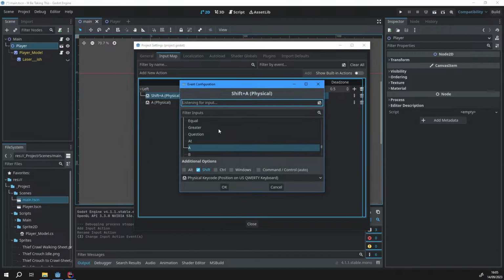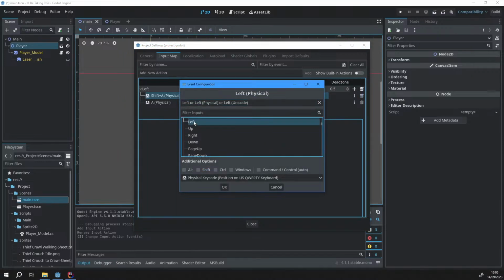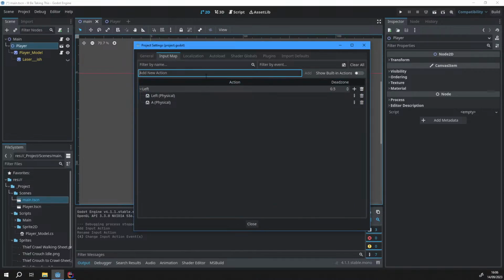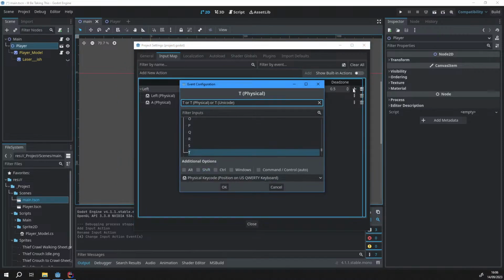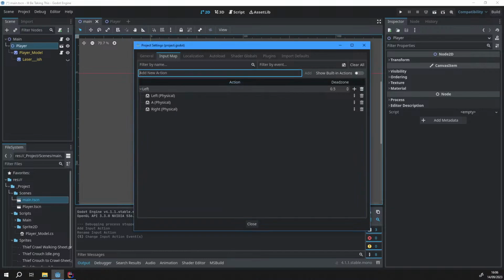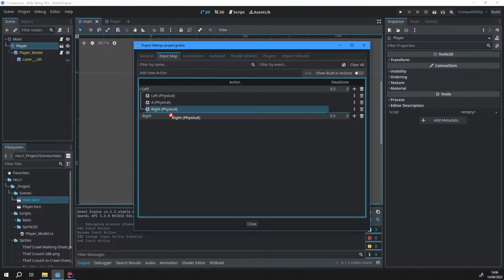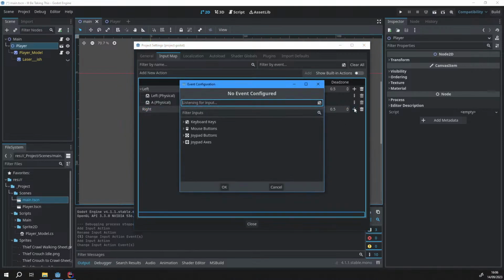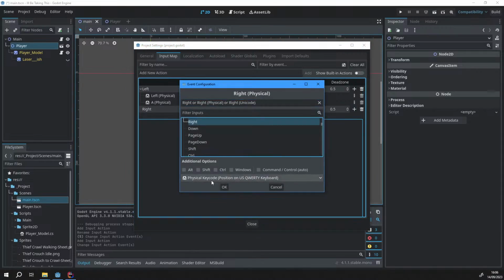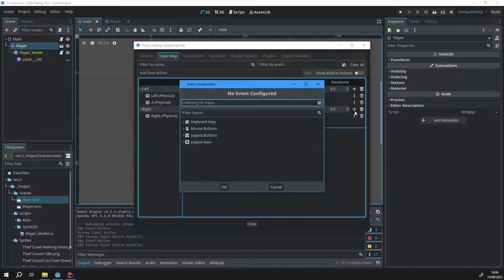Then this one is the left button. Okay, nice. The right one. Right. Oh no. Right. Can I drag it? Right. Right. Come on. Right. And the